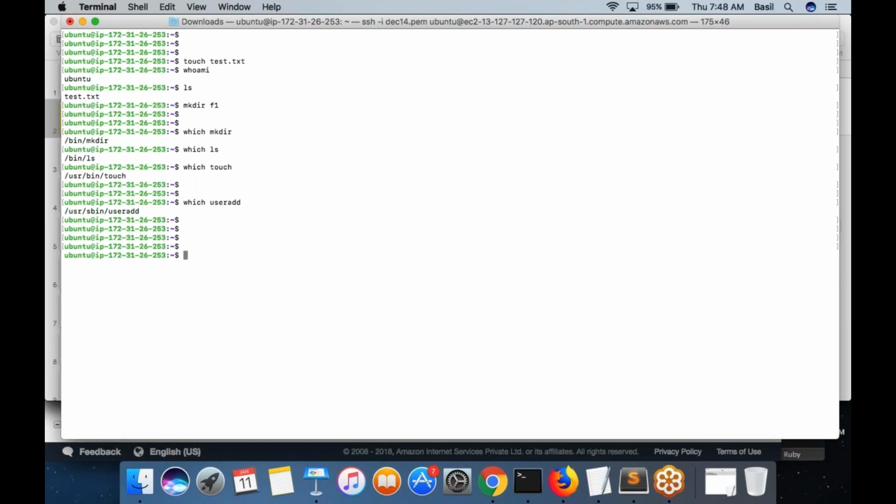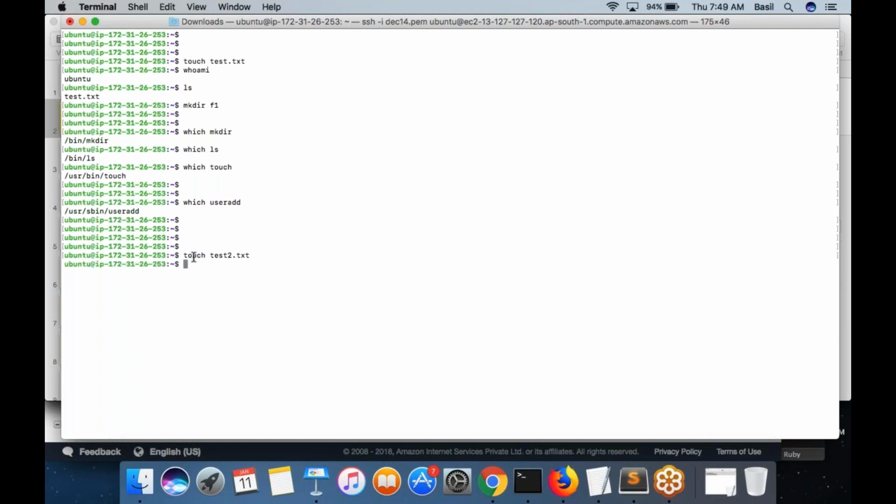Okay, so when I run the command touch, how does my shell find out where exactly the touch command is located? Of course, when I run the command touch test2.txt, then my Linux shell should know where exactly touch is located. Definitely, right?